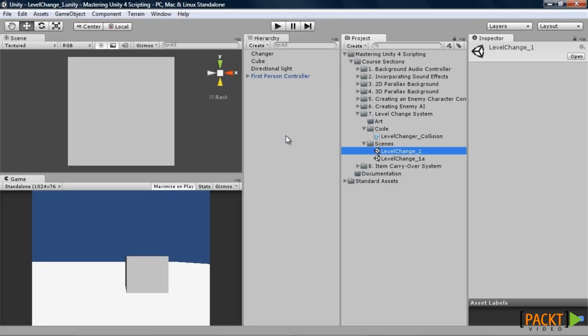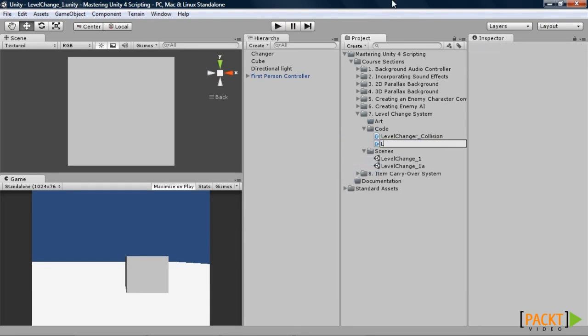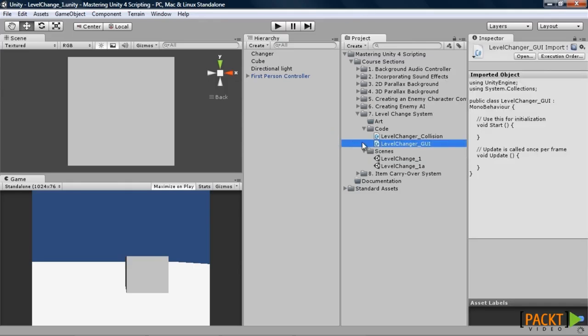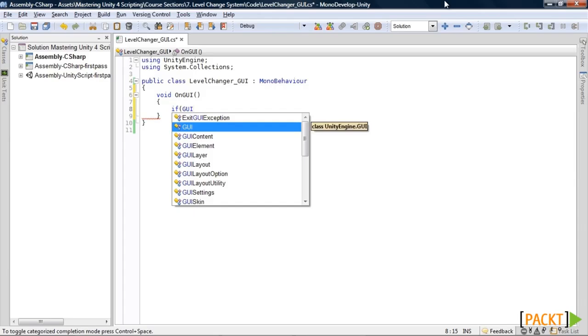In this video, we will be learning how to change levels by using the GUI. So to start out, we'll create a script, call it level changer GUI. Once you've done that, go ahead and open it up. Once you have the script open, go ahead and clean it up. Start out by creating the OnGUI function. And here we'll need to check if a GUI button is clicked. So if